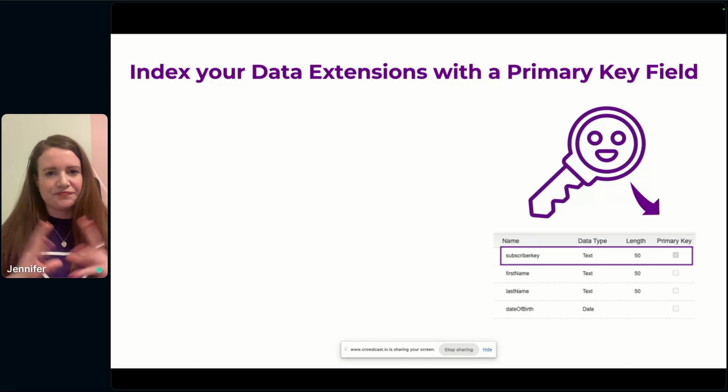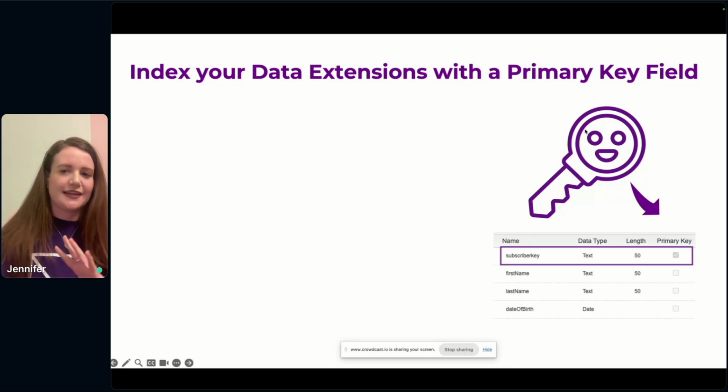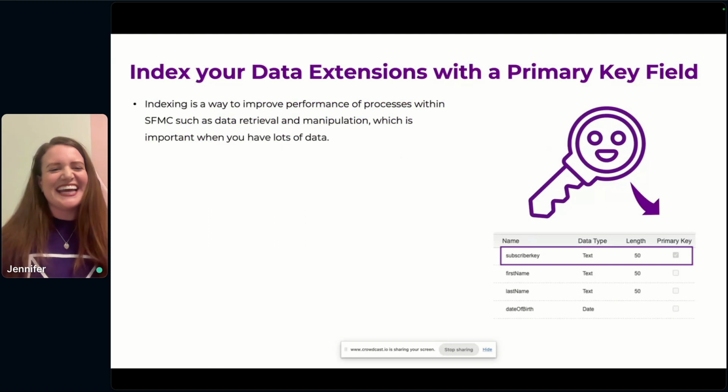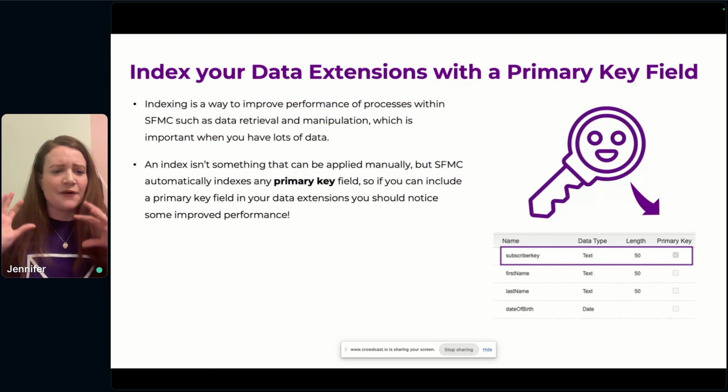So my first one is to index your data extensions with a primary key field. As you can see here, the key has a little happy face because this is a good thing to do. So indexing is a way to improve performance of processes within Salesforce Marketing Cloud, such as data retrieval and manipulation, which is quite important when you've got a lot of data. Now, an index isn't something that can be applied manually, but it's worth noting that Salesforce Marketing Cloud will automatically index